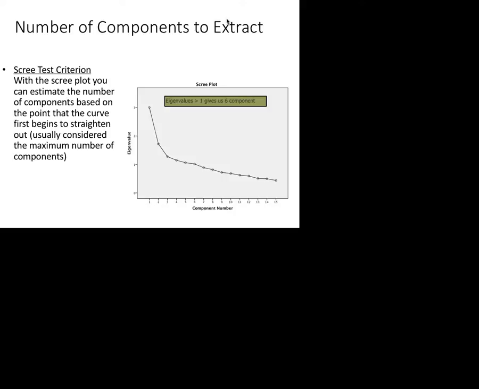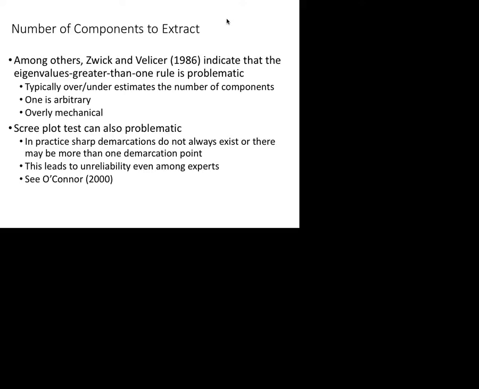That's the second way, less common than eigenvalue greater than 1, but the second most common way to determine the number of components. I find that to be probably equally troubling to use. One consideration here is that this is exploratory. If you pick 6 and I pick 8, that's just different ways of exploring the data, and there's probably something to be said there. But my preference, and what I'll want you to do, is to use